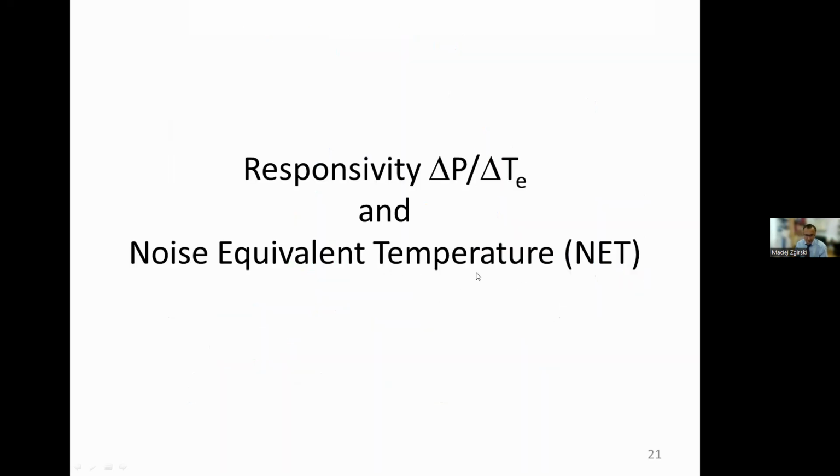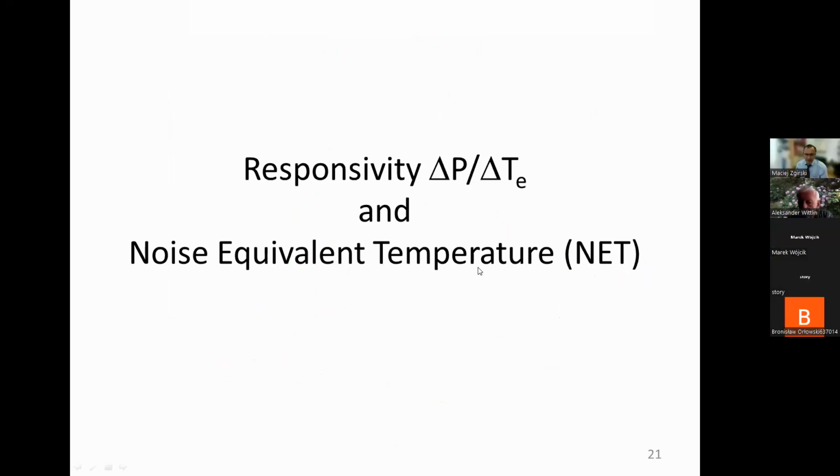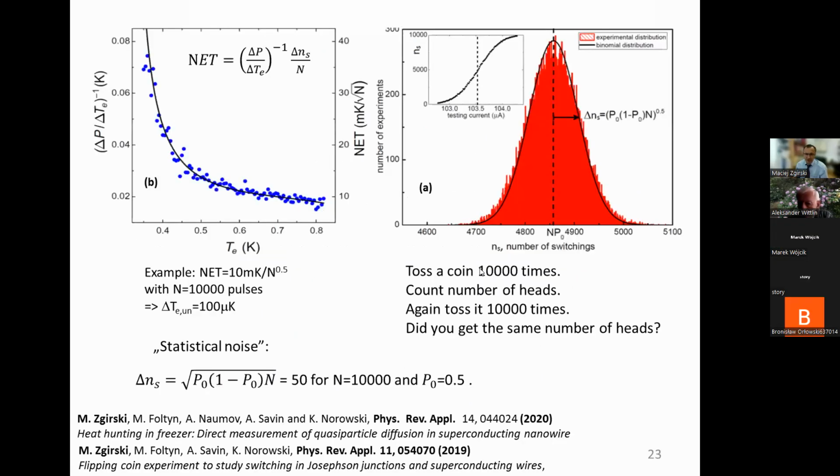Okay. So here are some figures of merit, responsivity and noise equivalent temperature, which are often used as metrics for thermometry. In the left panel you have responsivity, so it tells you how much the probability changes in response to the unit temperature change. Having the responsivity, we can calculate the noise equivalent temperature, which is the smallest resolvable temperature we can distinguish in our experiment. But to do this, we need to know the accuracy of